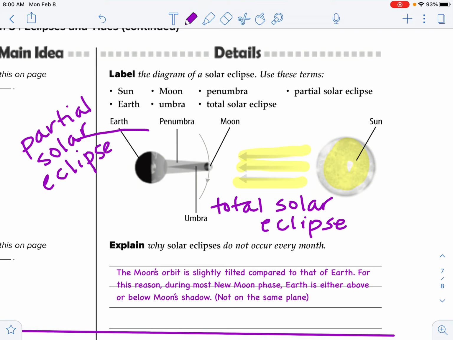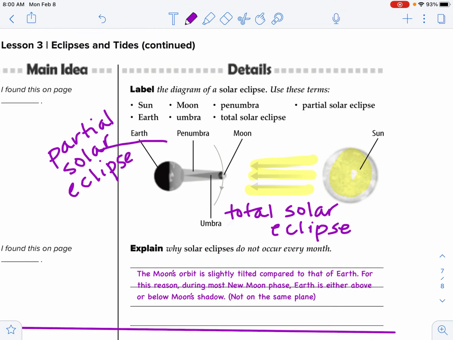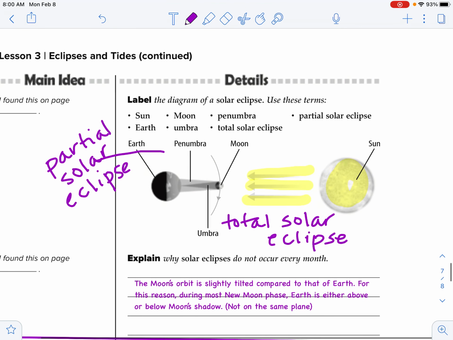All right, so explain why solar eclipses do not occur every month. The moon's orbit is slightly tilted compared to that of Earth. For this reason, during most new moon phases, Earth is either above or below the moon's shadow. It's not on the same plane, okay? So it's either up or below, but not on the same plane, okay? Alrighty, so make sure you get all of your notes for solar eclipse, and I